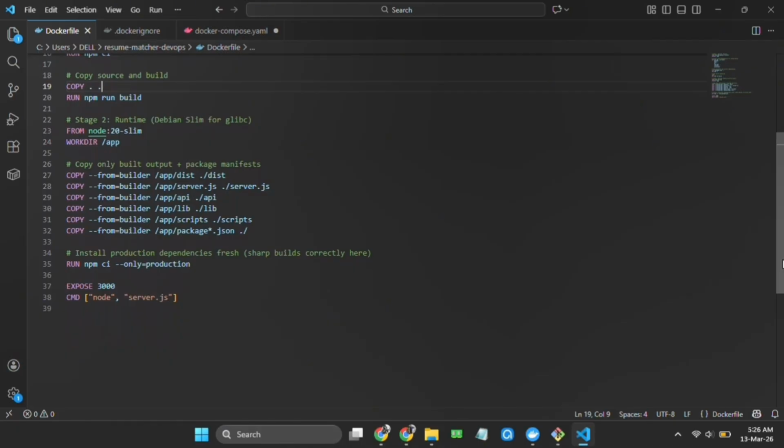Alpine for building, that is lightweight, fast builds. Debian Slim for the runtime. This is for compatibility with the sharp dependency. Multistage build: the purpose of multistage was to keep the final image small by excluding build tools and developer dependencies. npm ci is for reproducible installs. This avoids dependency drift. In short, this Dockerfile compiles sharp in Alpine with all build tools, then runs the application in Debian Slim for glibc compatibility, which ensures a small production-ready image that works reliably with native modules.